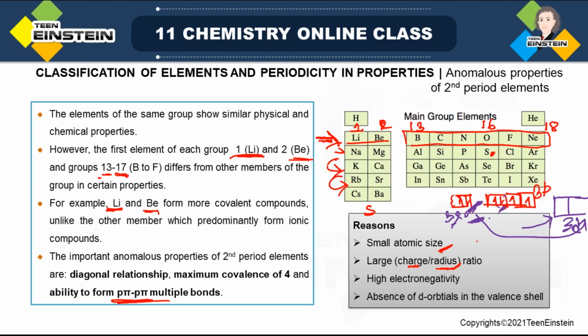But if you move to third period or other period, now because of availability of d orbital, 3d, 4d, 5d, now the number of unpaired electrons can be increased. So that is the reason: absence of d orbital in the valence shell of second period elements. This is one of the important reasons for which they are showing anomalous properties. Okay,